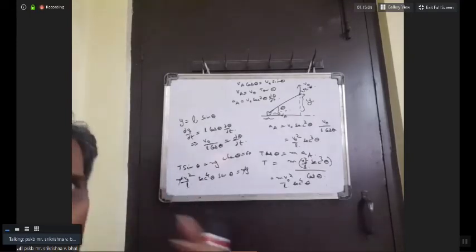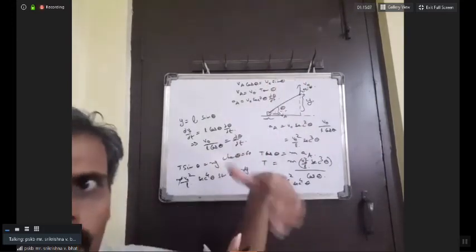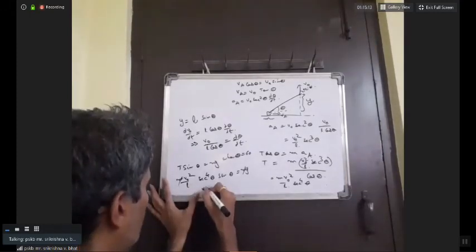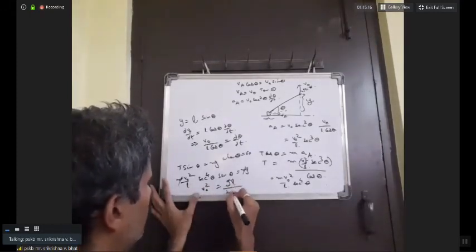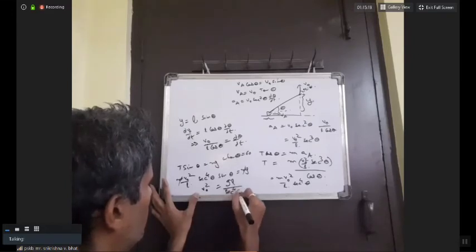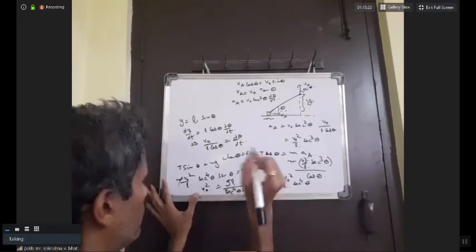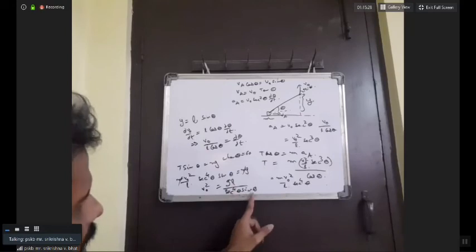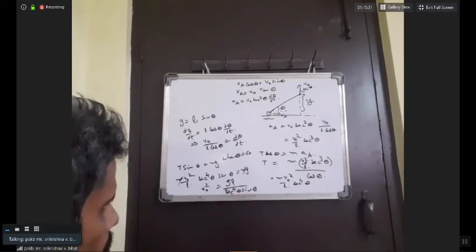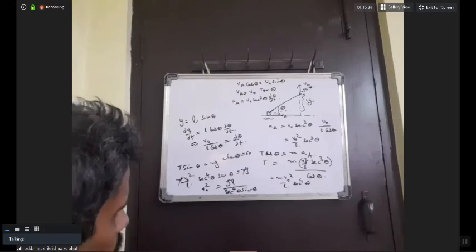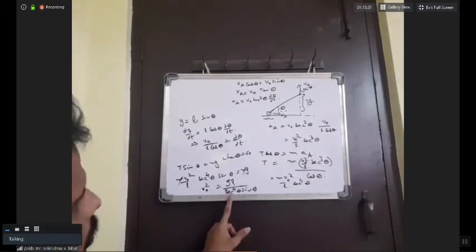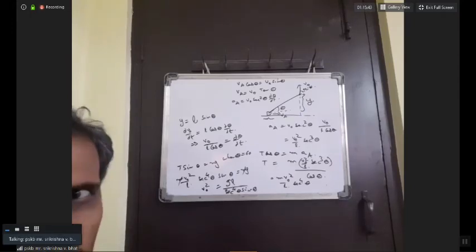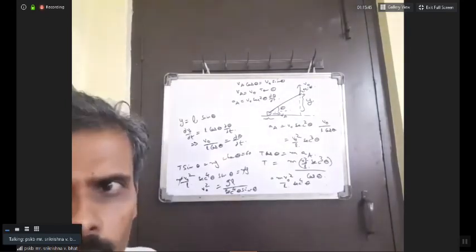So we want to find the value of V naught, what should be the velocity V naught so that it will lose contact at 60 degrees only, not at any other angle. Then we will get V naught square is equal to GL by secant cubed theta sin theta. Substituting theta equal to 60, cos will be 1 by 2, and sin theta will be root 3 by 2. So I think it would come out to be 8. Yeah, V naught square equals GL by 8 root 3, I think.